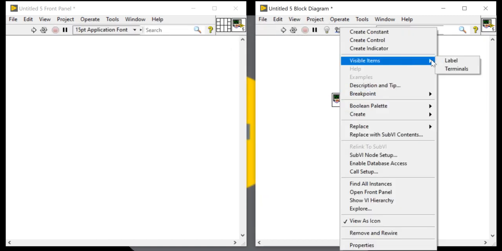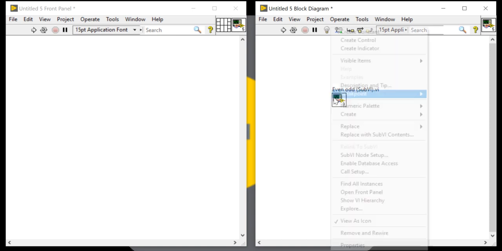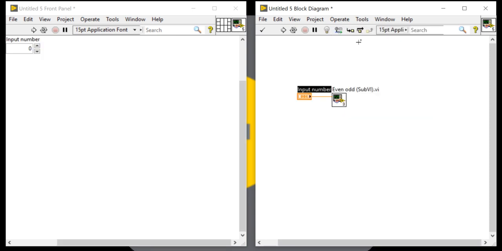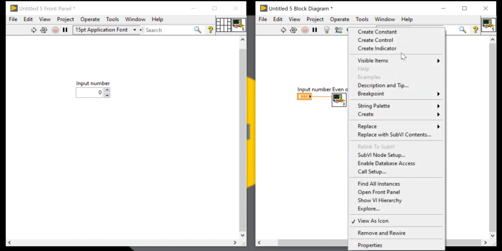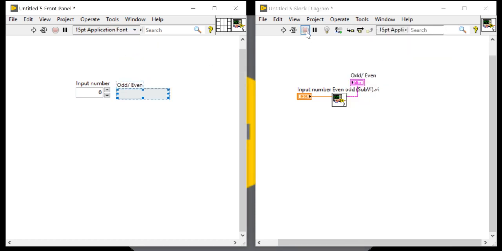Our own written program is here. These functions, we have designed this logic, this program.